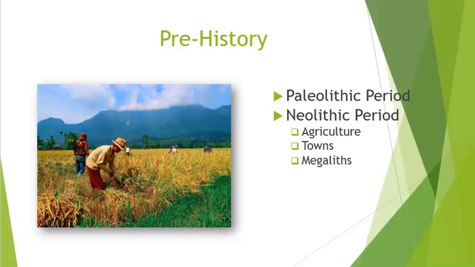Around 10,000 BCE, the glaciers that covered much of the northern hemisphere during the last great ice age began to recede. And this marked the beginning of the Neolithic period. The pivotal event of the Neolithic period was the development of agriculture. As the climate warmed and the glaciers disappeared, early humans found that they could plant grains, fruits, and vegetables in a particular location rather than gathering them in the wild.